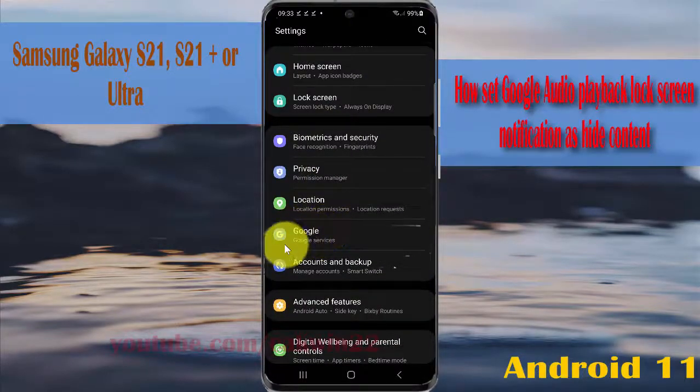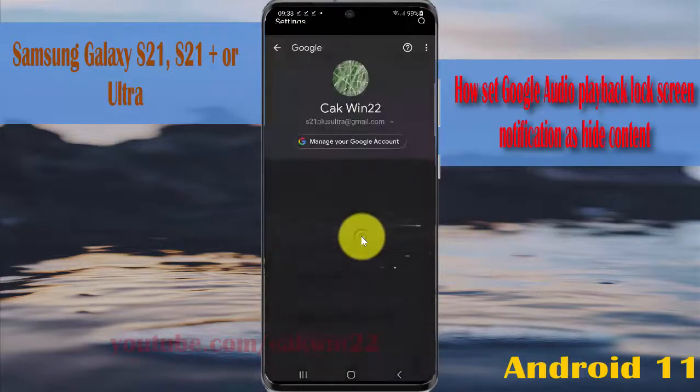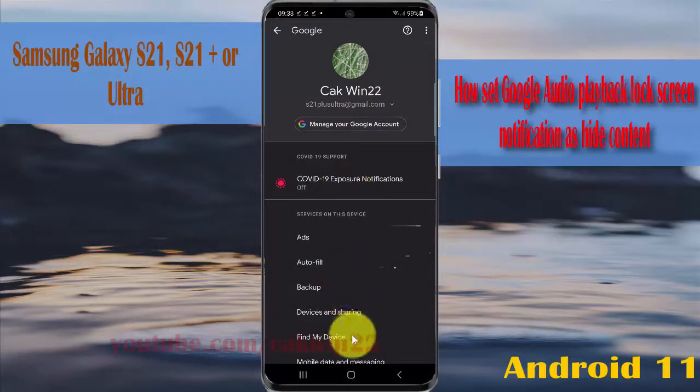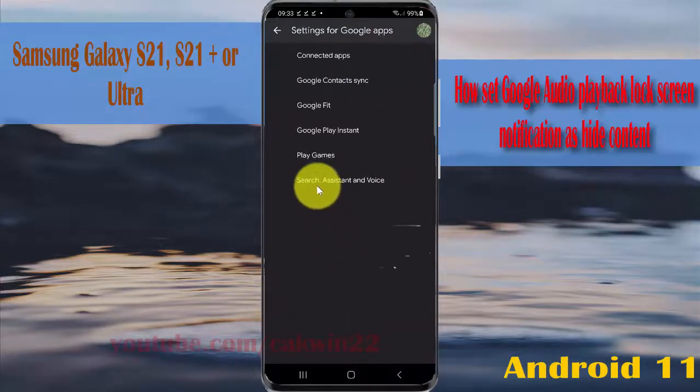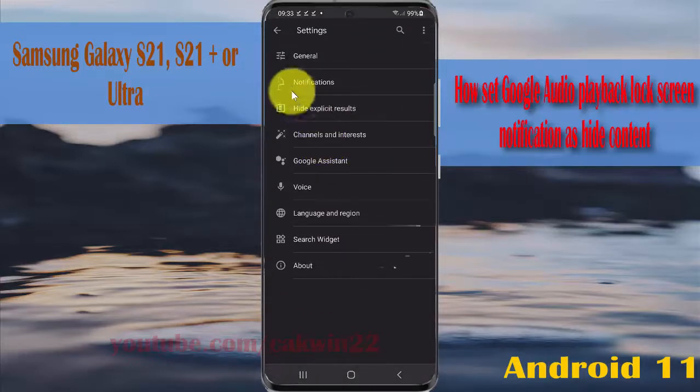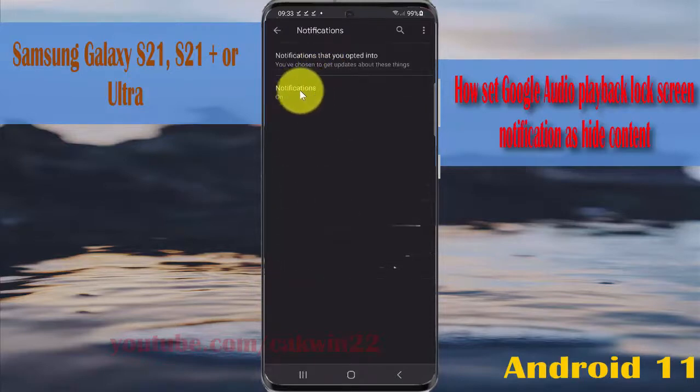and then tap Google Services. Scroll down screen, tap settings for Google Apps, and then tap search, assistant and voice. Select notifications, and then tap notifications,